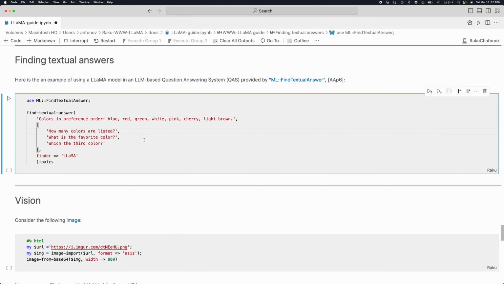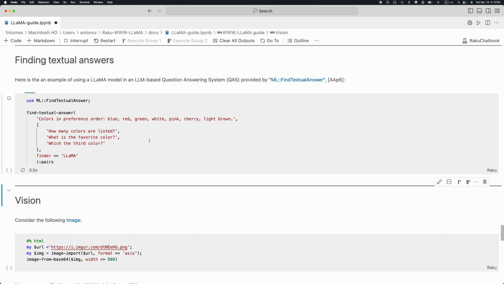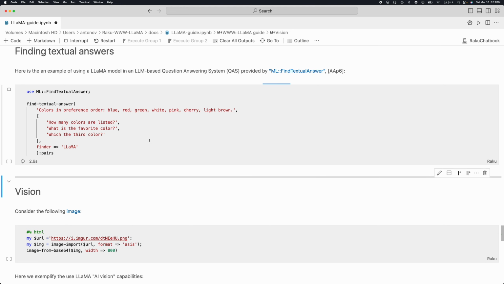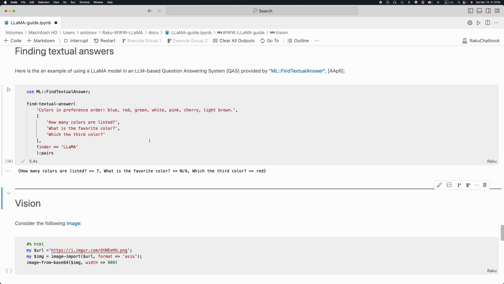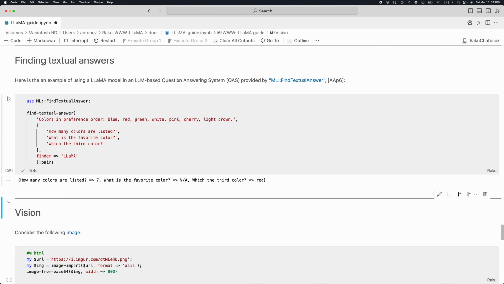All right, so one of the most interesting projects for me is using large language models to streamline machine learning workflows. And for that reason, one of the chosen strategies is to use question answering systems. Implementing question answering systems can be done in several ways, but one way is to use large language models. And here is a demonstration of how this text